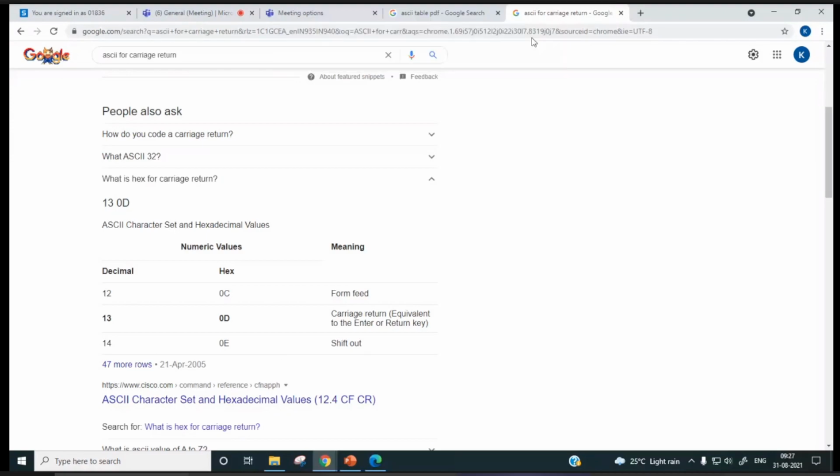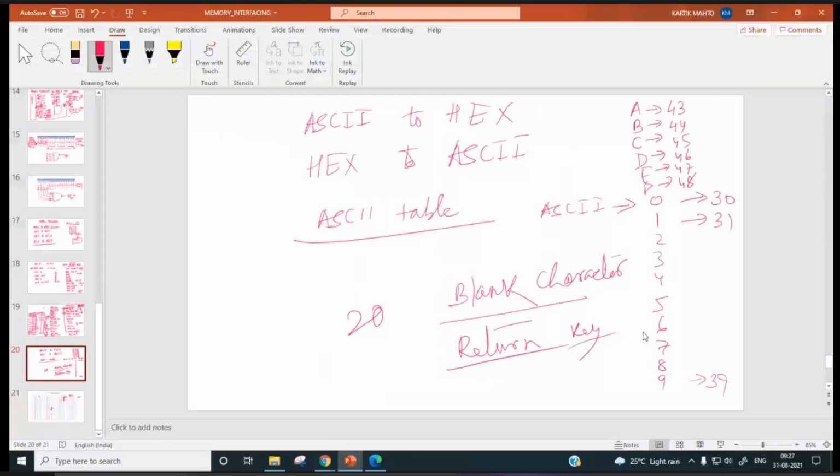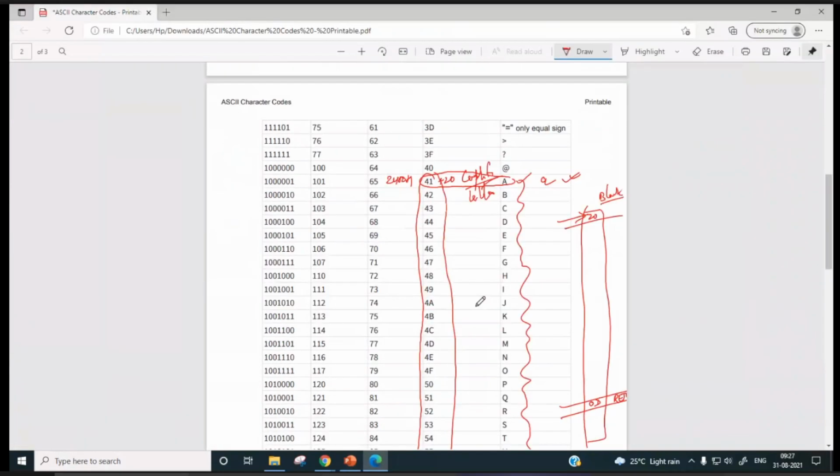In some questions, you may be asked about an ASCII string starting from, say, 2400H, or starting from a memory location with a typical character. Say capital A. Suppose you have written APPLE somewhere. First, the ASCII of A will be 41. Next, the ASCII of P will be there. The ASCII of capital P is 50.